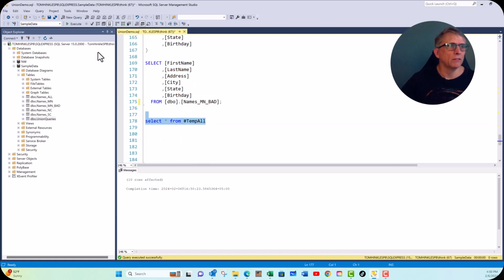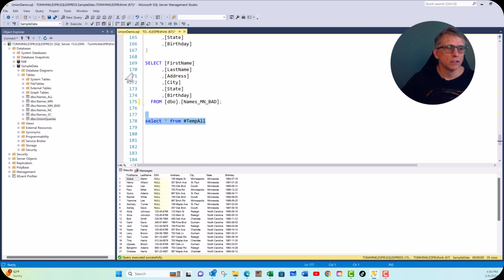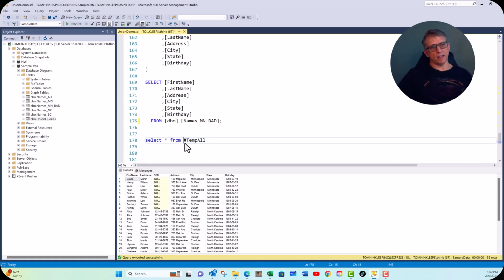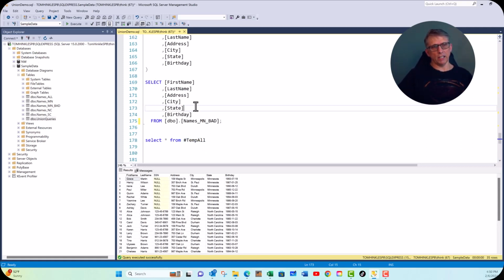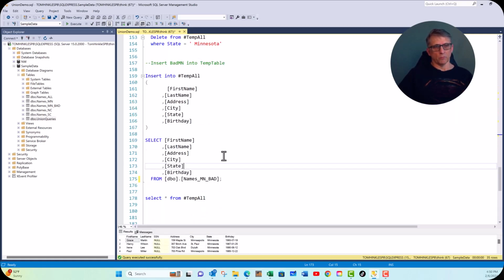Now let's look at that. And we got it. Minnesota came back in, but look, Social Security number is null. It just didn't load in. And you could do that technically up on a traditional union, but it's a little easier and a little more straightforward here. So now that we know how to do a union,